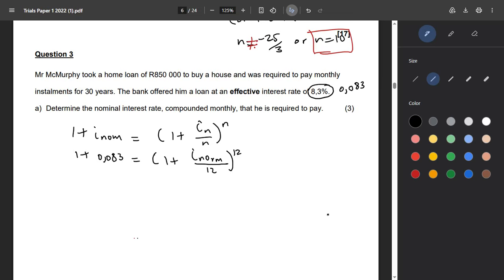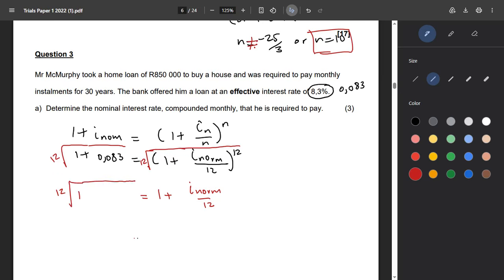I think let's find the 12th root. I'm not sure how to call this, but you'll see what I'm trying to do here. Then write 12 there, and do this on both sides. Let's write the 12 there, so that this cancels and leaves us with 1 plus i-norm over 12. And then let's equate this to the 12th root of 1 plus